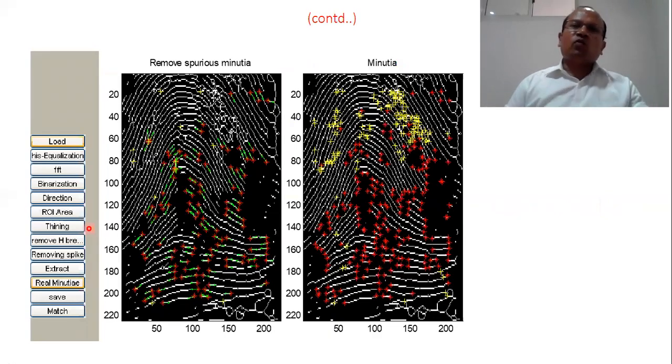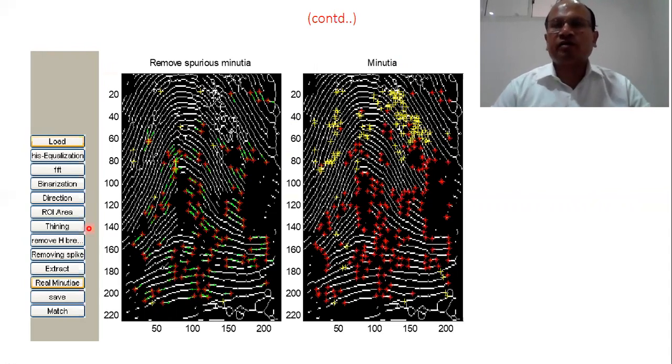In this application, what we observed is that if we do not apply an appropriate image enhancement method, then feature extraction would be difficult.